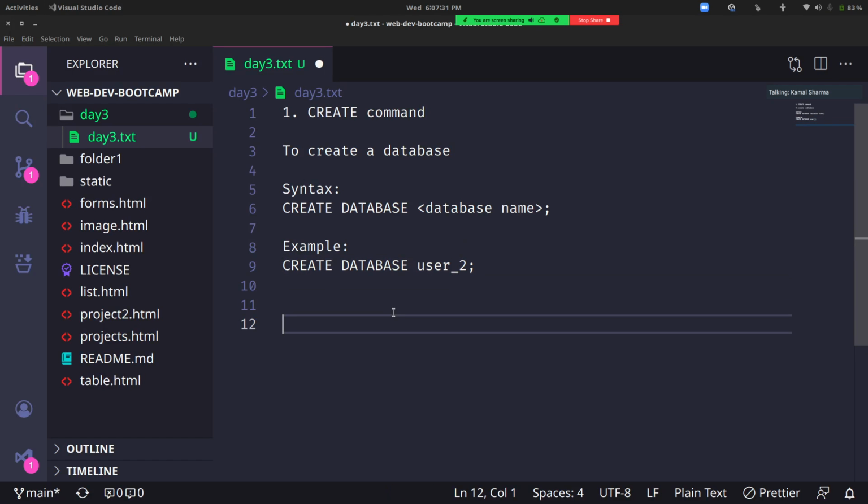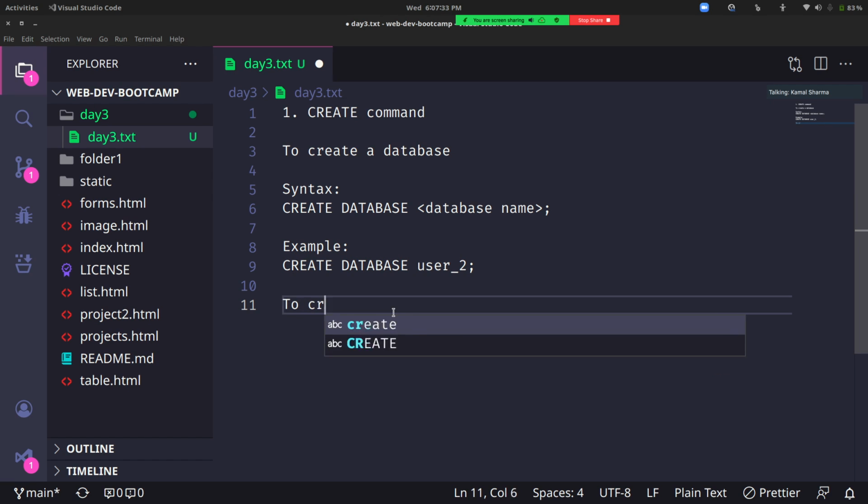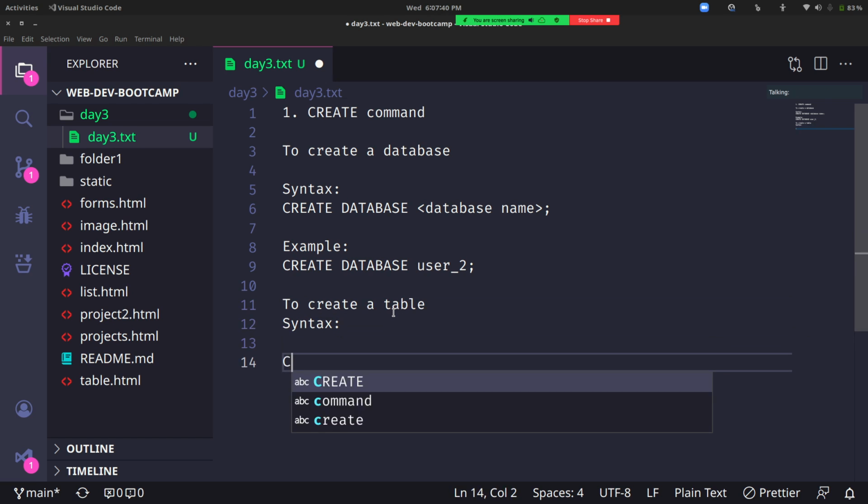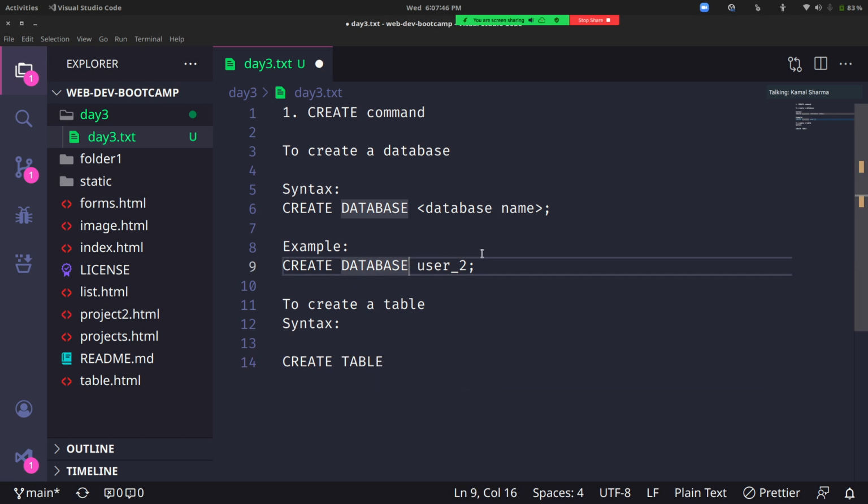Now let's see how to create a table using the create command. First, I'll type the syntax. You'll be using CREATE, then you will be typing TABLE. You might be wondering why I'm writing some words in caps and some words in small. Well, SQL is not case sensitive, so you can have this in lowercase also.